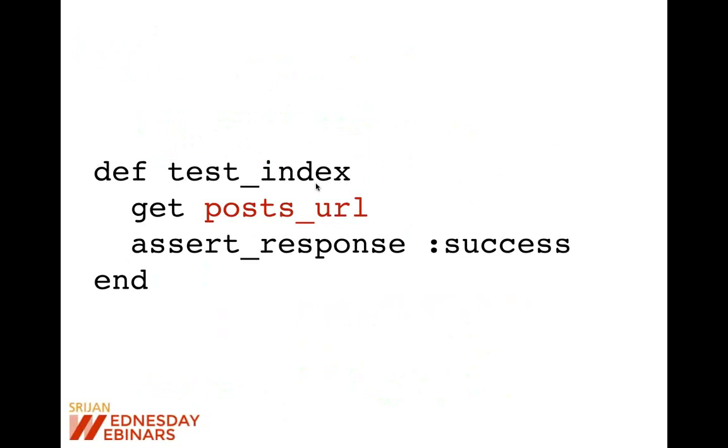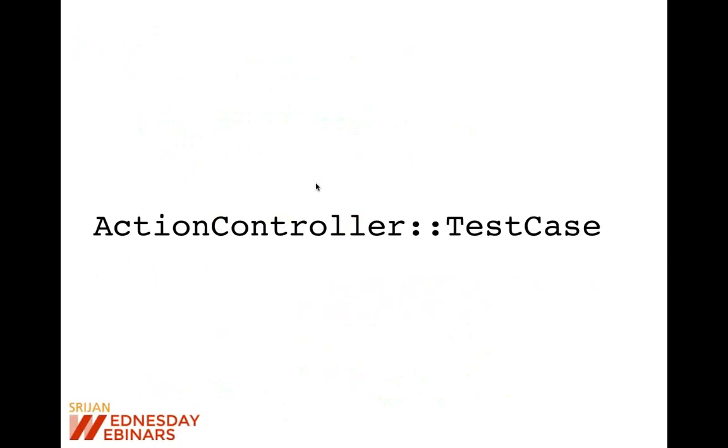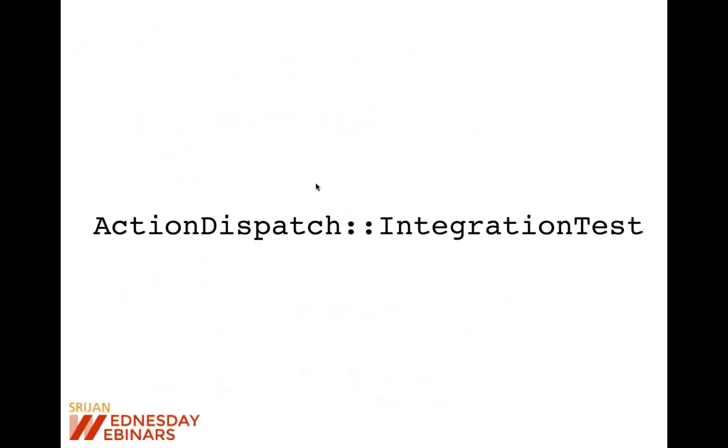Internally, the Rails team has replaced the controller tests with integration tests. All of our controller tests, which still get generated in the test/controllers directory, are actually wrapped by integration tests. So we cannot pass a particular action name to these get, post, patch helpers. We have to pass a particular URL, like posts URL or users URL. Without this, those tests will not work. The other thing is, in previous Rails versions, the class for controller tests was ActionController::TestCase. But in Rails 5, it will be ActionDispatch::IntegrationTest.